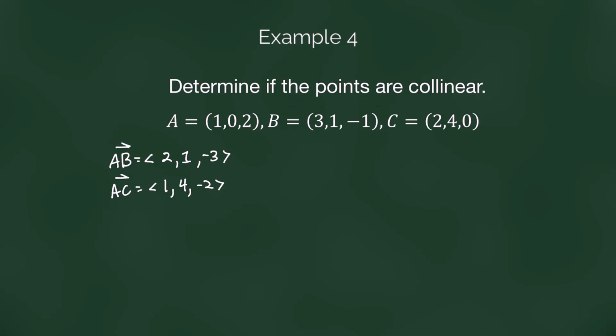If these are not collinear, then they can form a triangle. We can think about the triangle ABC with those 2 vectors as its sides. And then if they're not collinear, then the area of that triangle